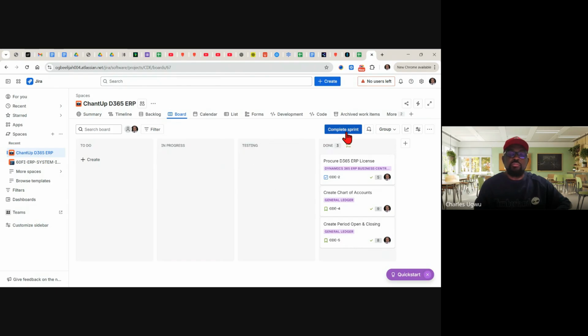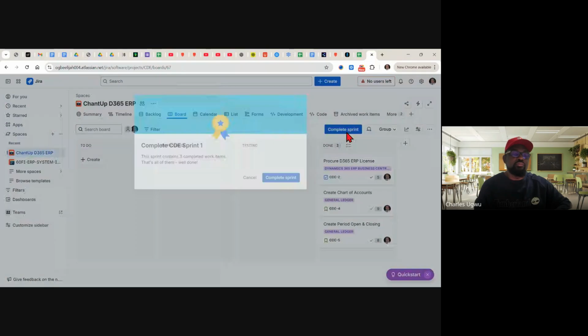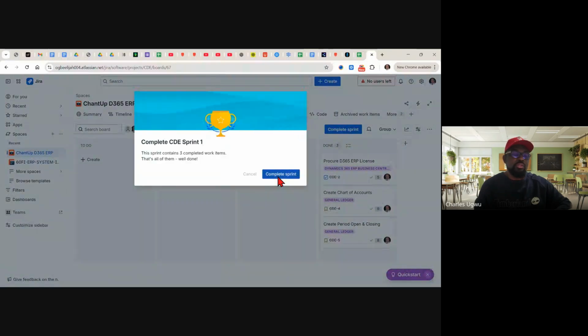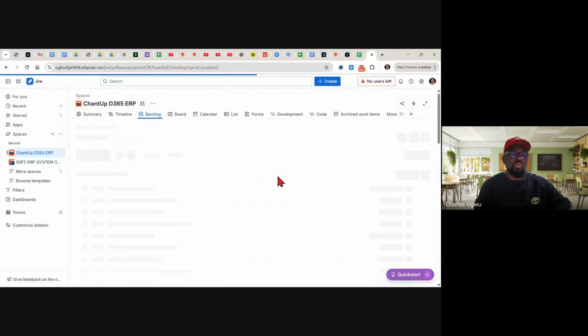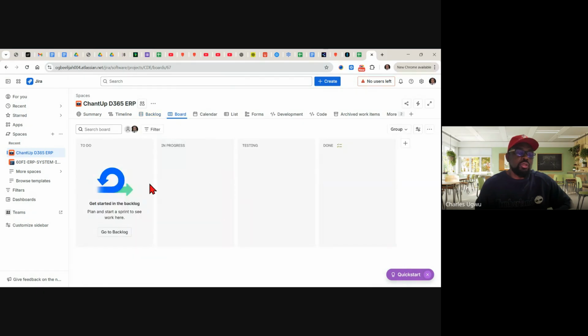So I'll come here and I'll click complete the sprint. And I've completed sprint 1. And if you come back to the board, you find out that the board is empty now, cleared. Here you see it's clear now, nothing is here.